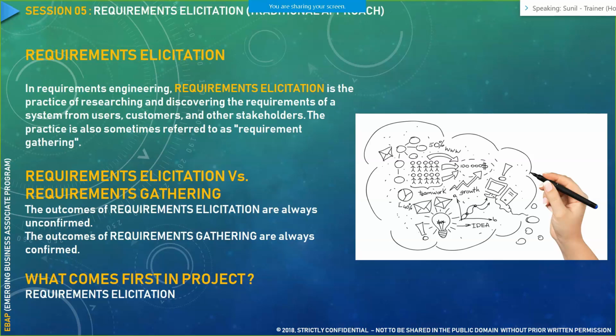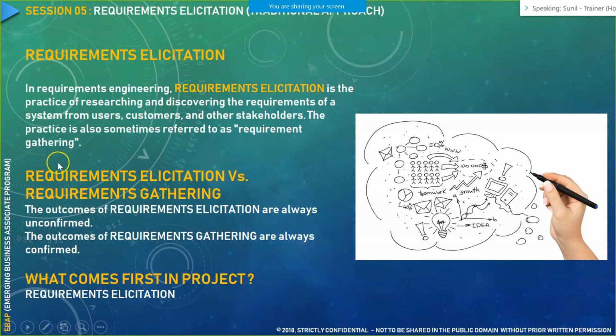So the moment we start with the other phase, that is the requirement gathering phase, that is the phase wherein you get your requirements confirmed. Now what is the meaning of unconfirmed and confirmed? Unconfirmed is like you have written the requirement at a high level or probably at a deeper level, but it is not yet approved by your business sponsor or the outsourcing company. And a confirmed requirement is like you are confident, you have gathered enough information around that particular requirement, you go ahead to the business and get it confirmed from the business.